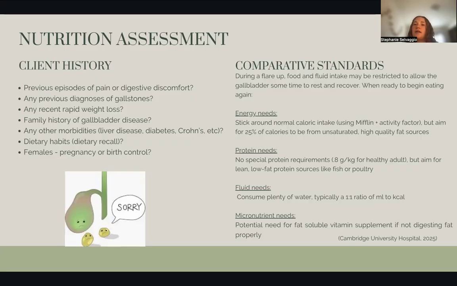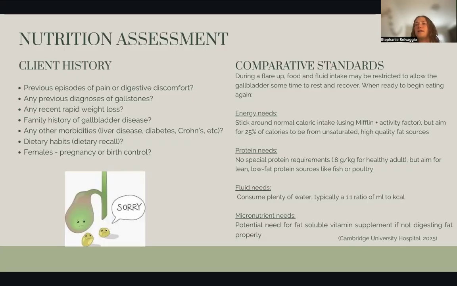And then comparative standards. So during a flare-up, food and fluid intake may be restricted to allow the gallbladder some time to rest or recover. When ready to begin eating again, you can kind of stick around the same energy and protein needs. So you can still stick around the Mifflin with activity factor and then 0.8 grams per kilogram for a healthy adult for protein. What's important is that your fat intake needs to be about 25% of calories, so a little